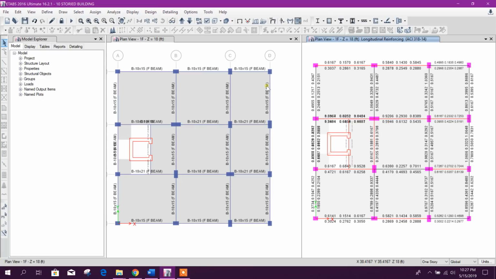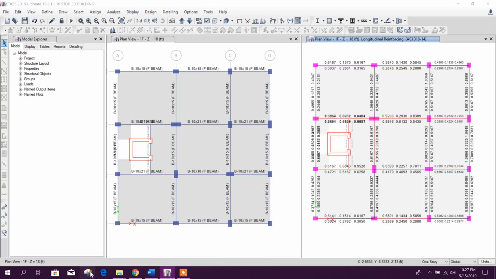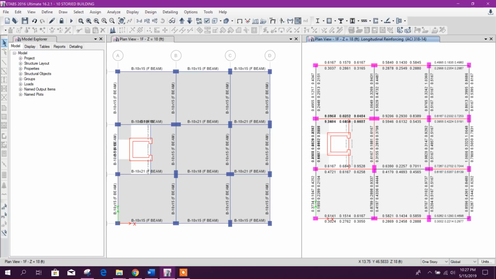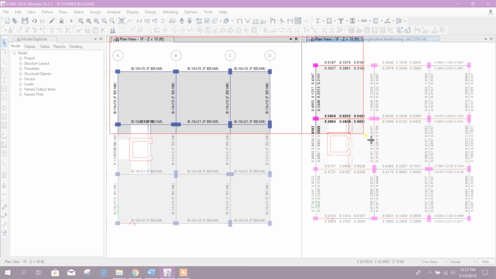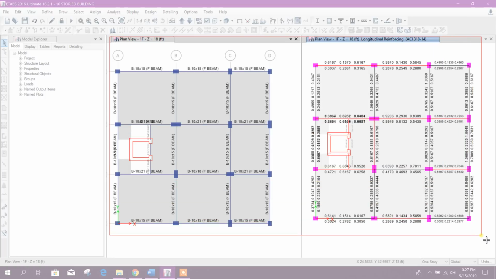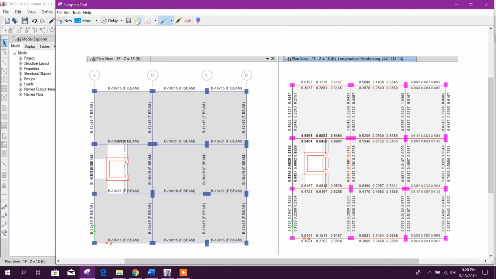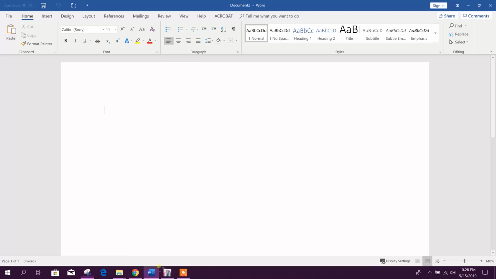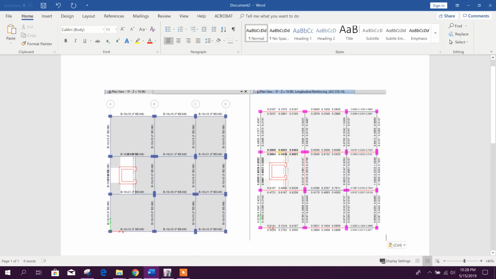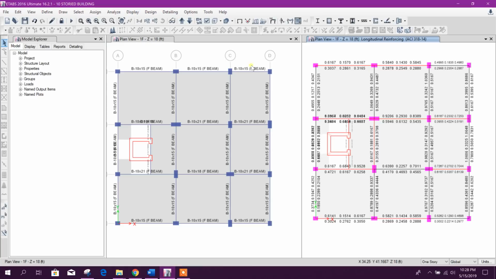We will capture a photo of this structural plan with the failed beams and the section names. Then we will change the section and torsional constant to redesign the beams for passing. Copy this one, paste. This is the first floor. We can check in the